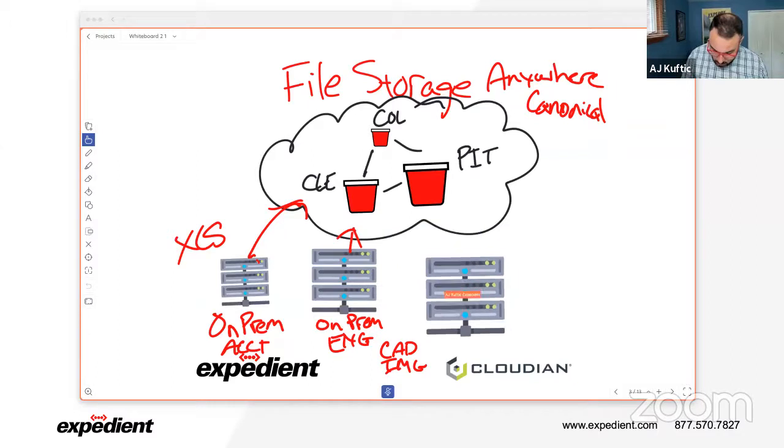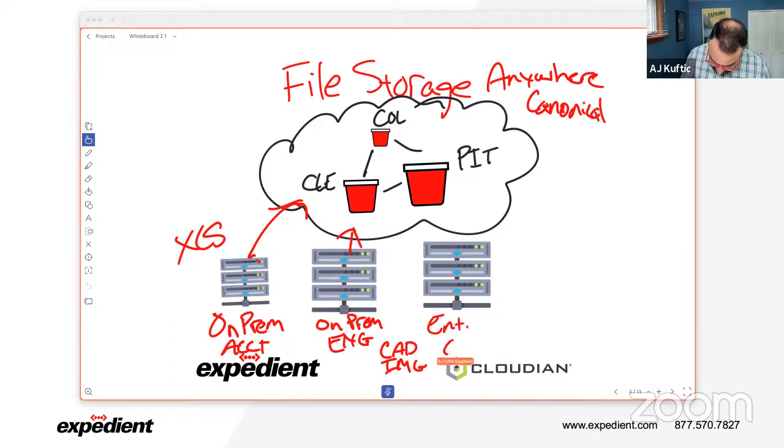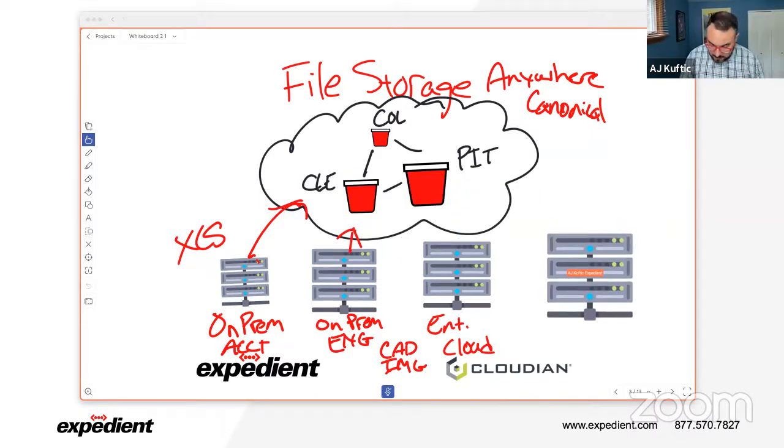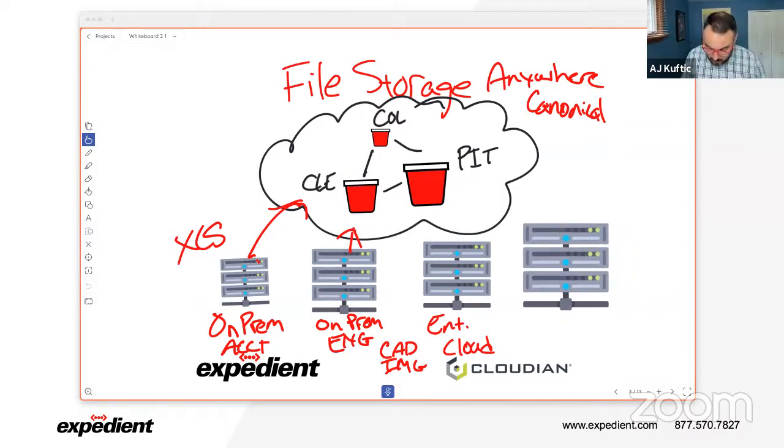drop this into, here we go. I can drop this into my enterprise cloud. So if you're inside of our environment, you can utilize our file system and our file servers to eliminate all of the migration and all of the headaches that you have with your file services and keep it in one canonical place and make it available in our cloud or in any of your on-prem locations. And that's all fun and games until we get to the last use case, which is where I go into my